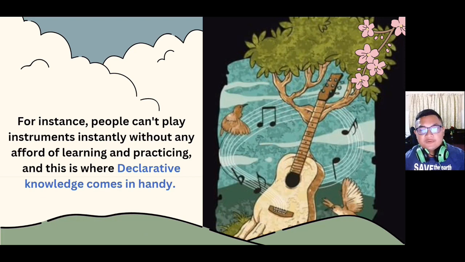They have a lot of things to learn, like scales, chords, rhythm, melody, and timing, and those are the declarative knowledge that they need to learn. It takes a lot of time, like years, to get better at it. And once they are getting good at it, all the exercises that they have learned will be embedded into their minds,